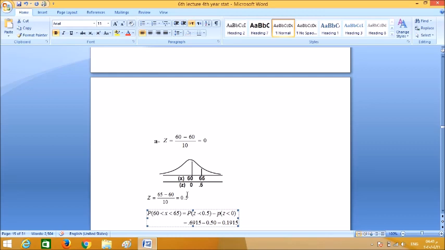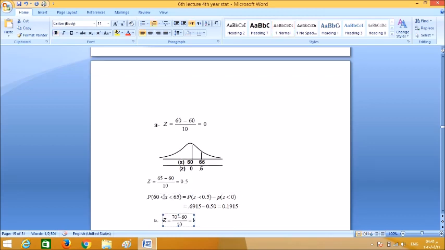Okay. So the probability that x is larger than 60 and less than 65 looks like the probability that z is less than 0.5 minus z less than 0. Okay, so this minus this. The first is z equals 0 and the second z equals 0.5, and this probability is the same as